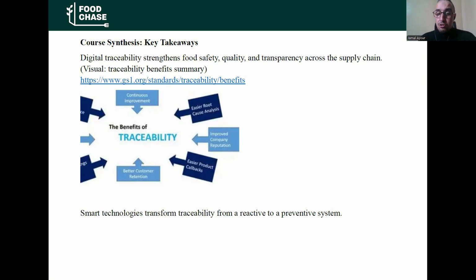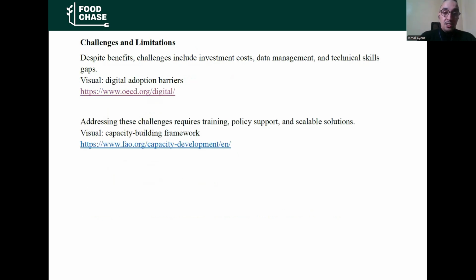Smart technology transforms traceability from reactive to preventive systems, creating value for your product and your enterprise.